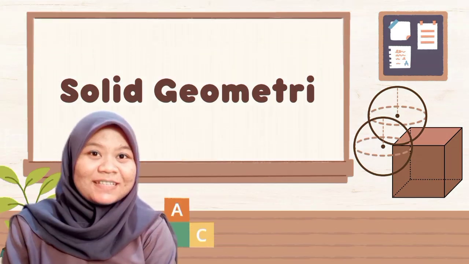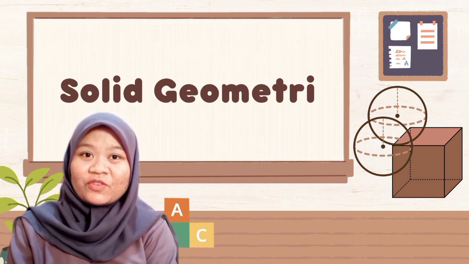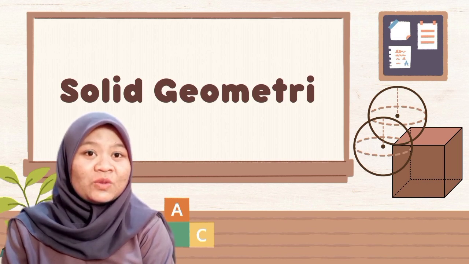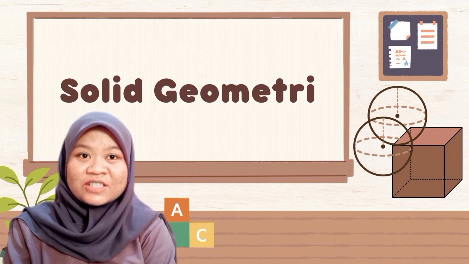Solid geometry has very significant use in everyday life. Here are some examples of the use of solid geometry that can be found around us. Solid shapes are used in calculating the volume and surface area of objects that have geometric shape. Solid shape, also known as solid, consists of three dimensions: length, breadth, and height. They are also known as 3D or three-dimensional shapes.